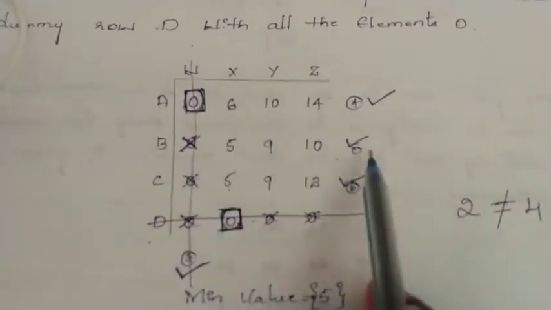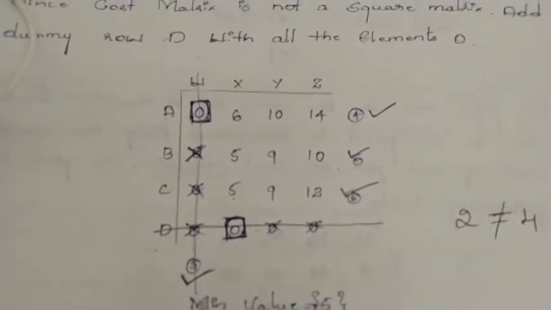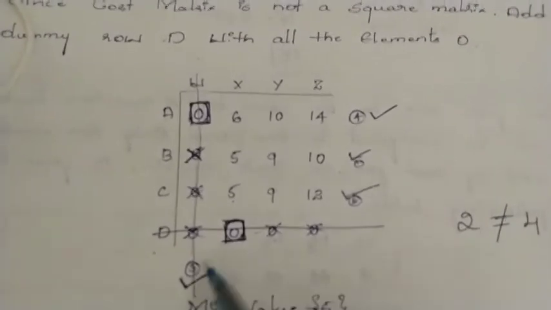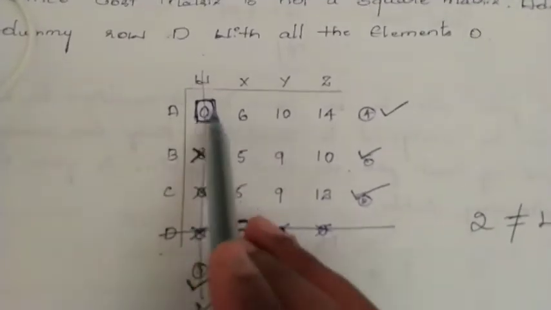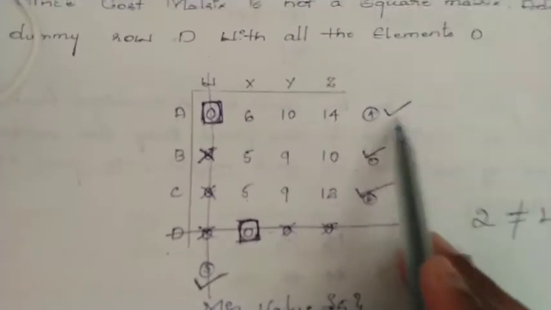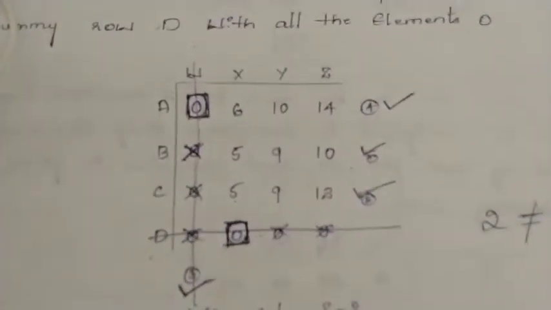Okay, but in this case we are having both the zeros at the same column, so I have marked this column. Once you mark the column, just move along this column and identify whether there is an assigned 0 or not. If there is an assigned 0, in this case we are having one assigned 0, that particular row will be tick marked.